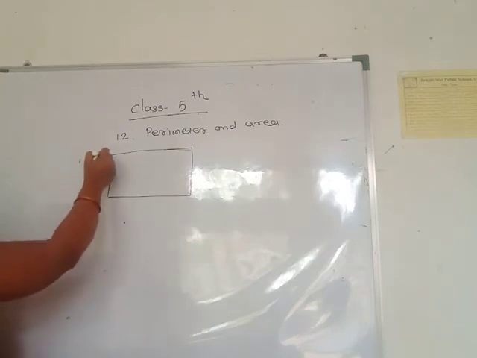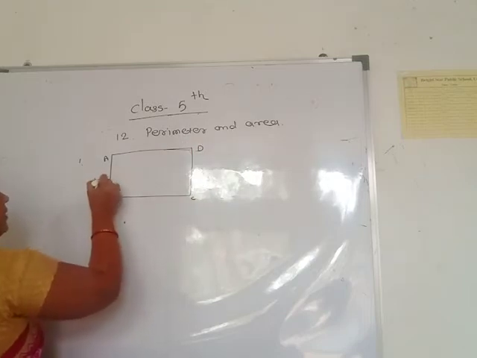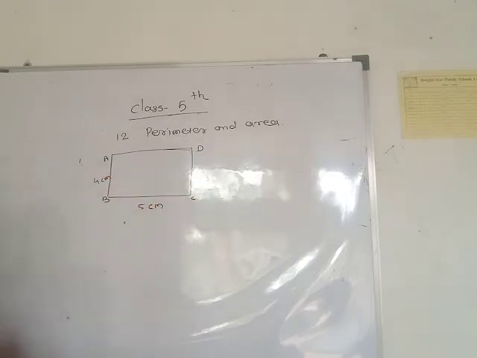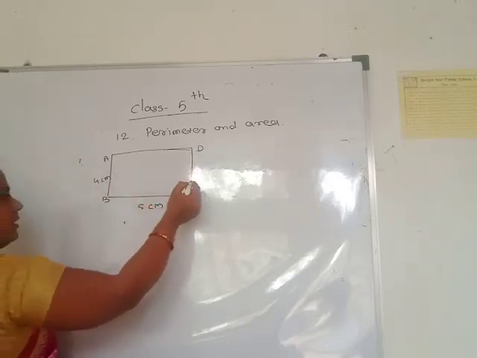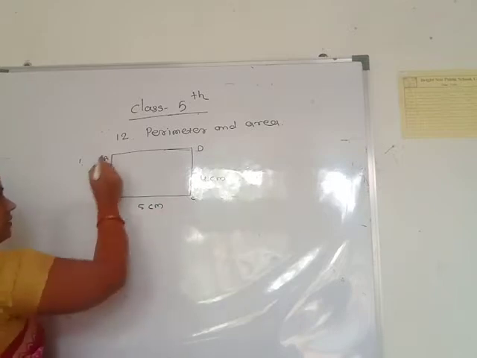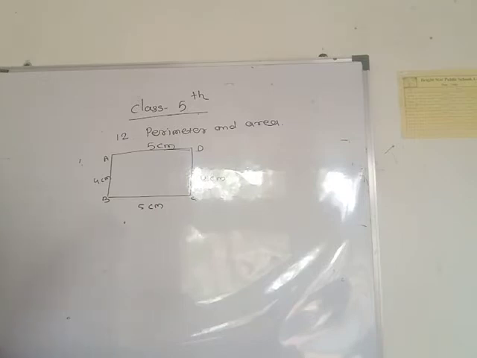Here A, B, C, D, 4 centimeter and 5 centimeter are given. This ABCD is a rectangle. In a rectangle, opposite sides are equal. Means AB is 4 centimeter, DC also 4 centimeter, BC is 5 centimeter, AD also 5 centimeter. Then the perimeter of this figure ABCD is equal to